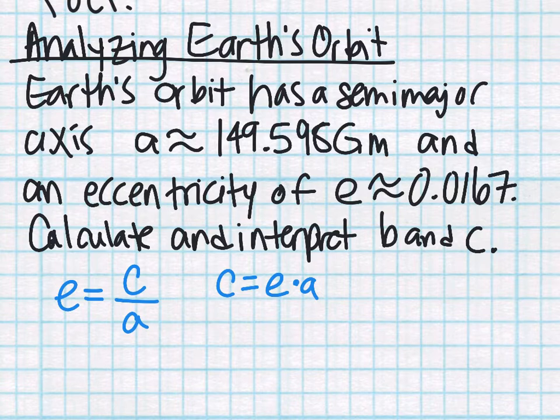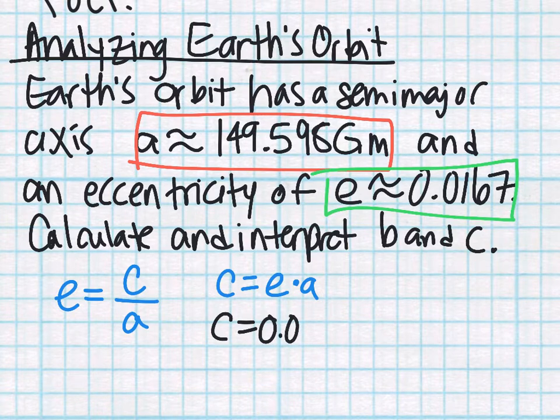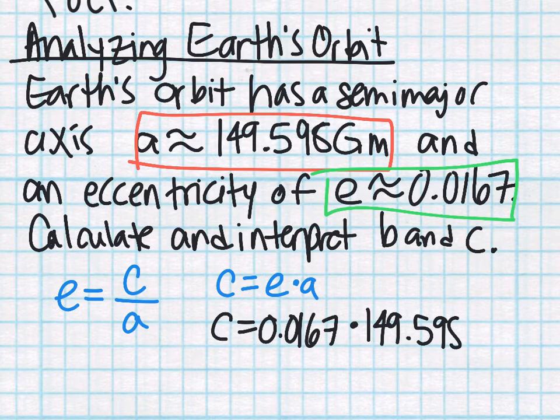And I did that because I know A and I know E. So I can plug those in and solve for C pretty easily. So I can say C is equal to 0.0167 times 149.598. And you notice eccentricity doesn't have units on it. It just doesn't. We just refer to it as the eccentricity. So if I multiply these two numbers, I'm going to end up with C equals